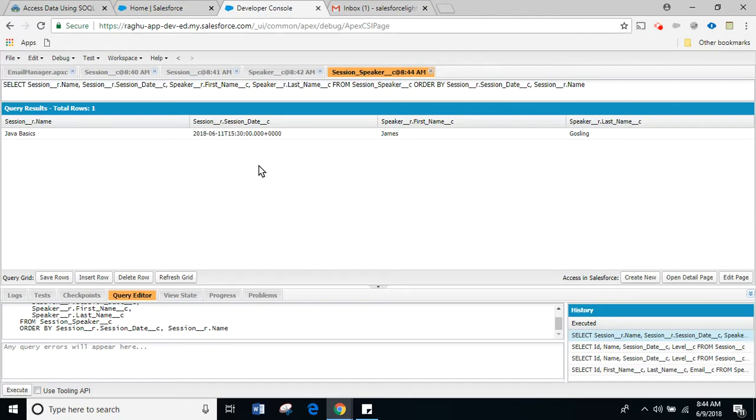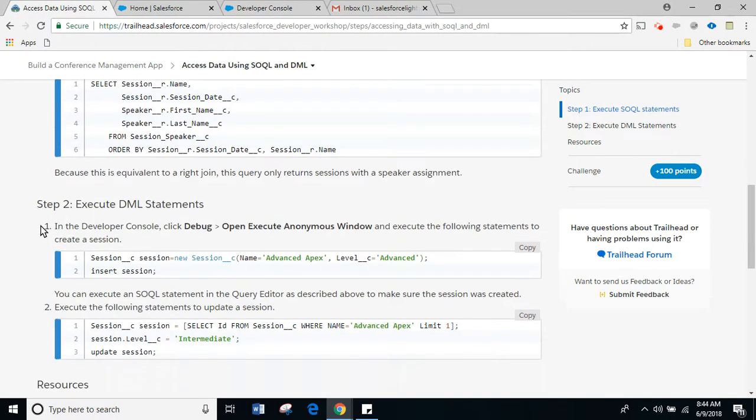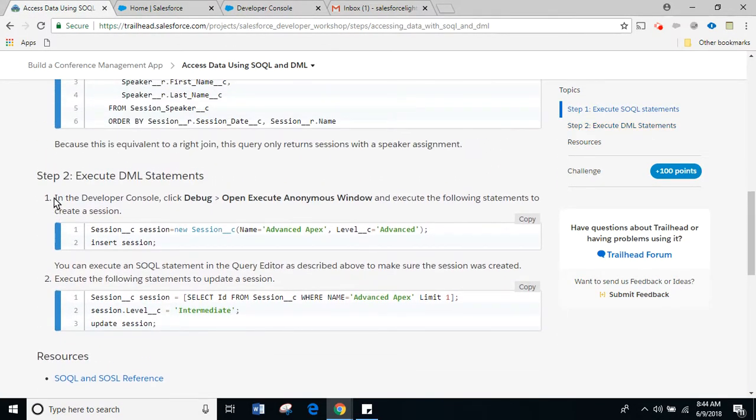We did not associate the rest of the sessions, so we found only one matching record: the Java basics on this date with this speaker, with the first name and last name. Okay. Now, in the next module, what we are going to do is create records from